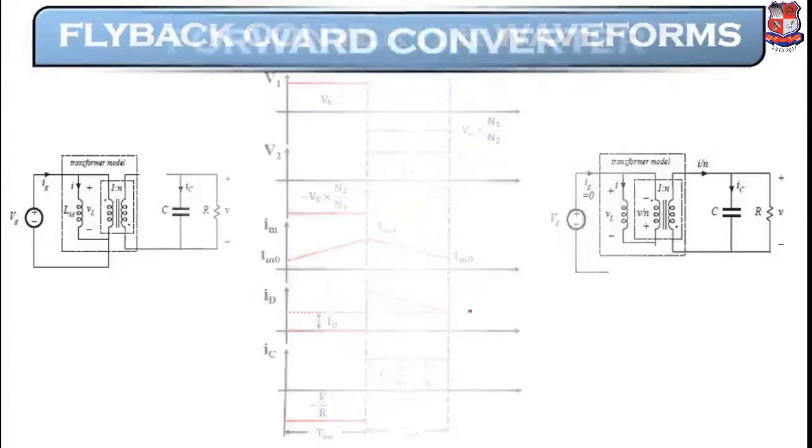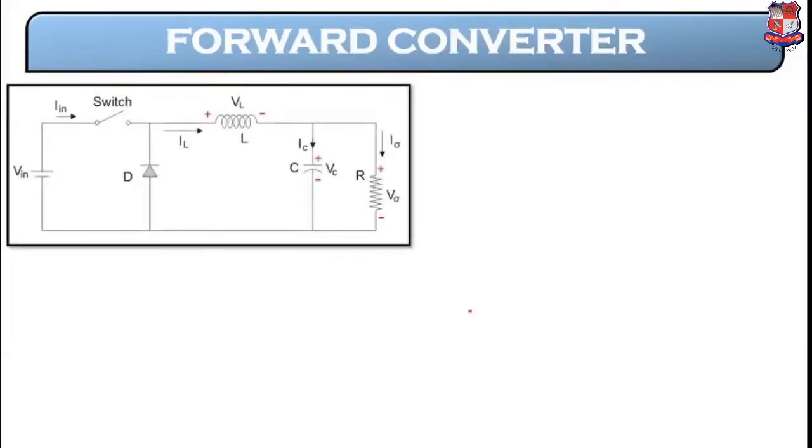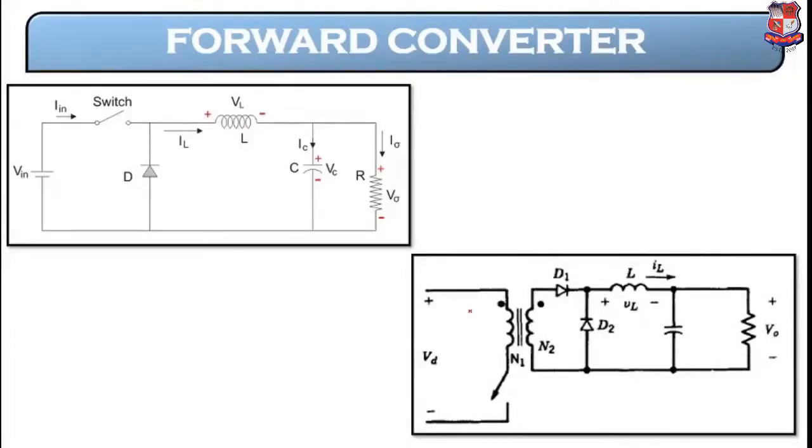So we move ahead. The next topic is the forward converter, which is the last converter of the isolated configuration in the syllabus. The forward converter came from the buck converter. So this is the buck converter and this is the forward converter. What you are able to observe is, see over here what is done. There is a switch present, and this switch is kept over here. The inductor is brought forward and the diode is taken back.